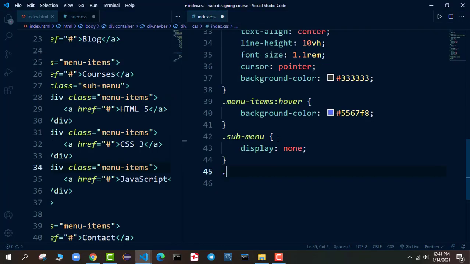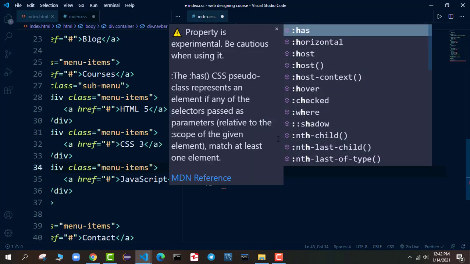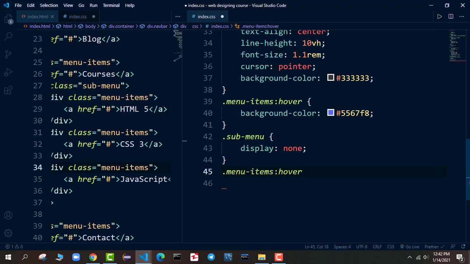So I will say .menu-items. When someone hovers on menu items, what should happen? Now this time the style should affect our submenu. So we use the greater than sign because we want to apply the styling on submenu. So we say > .submenu.